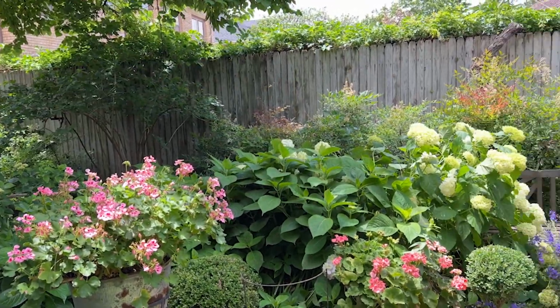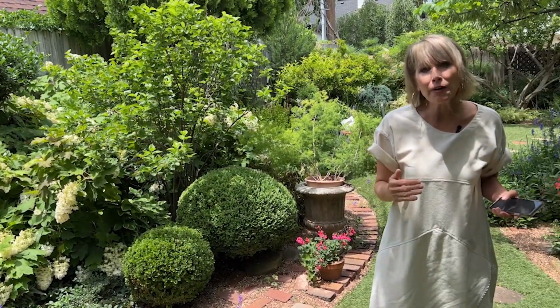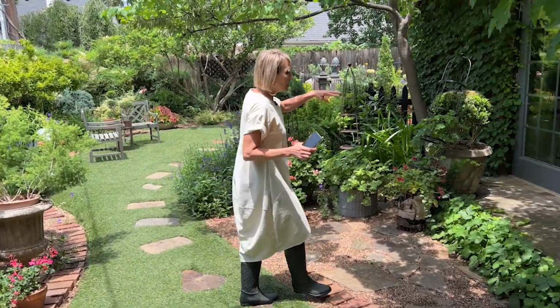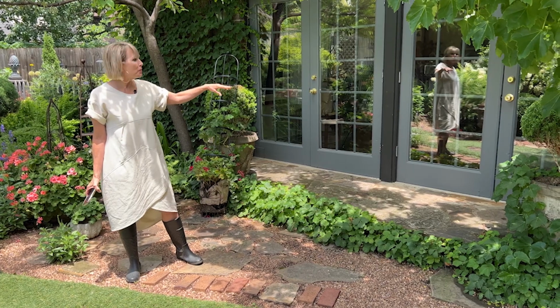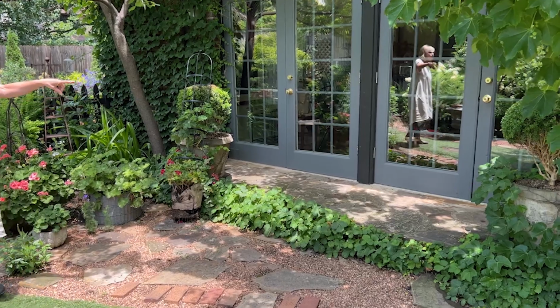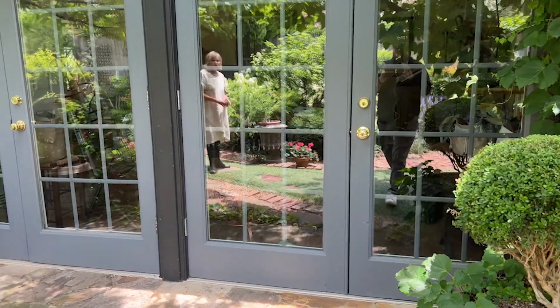Now, why that's important is that it makes you really cognizant of every area of your garden. So I'm also then aware of it not only as I look out from these windows, but I'm aware of it when I look out from my office windows. And this was just so valuable to me when I was working on my book, because most of my book was written in the studio in the back. So Stuart, I'm going to switch places with you, and if you will stand from the office pointing to the garden bench,